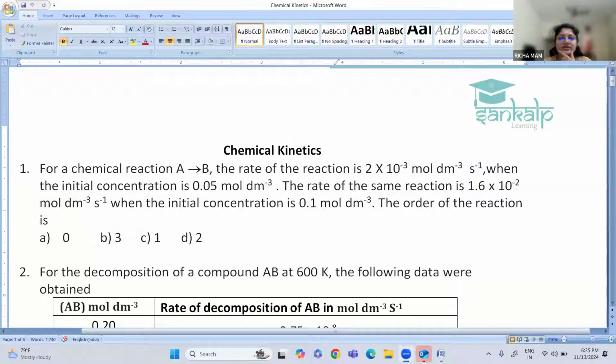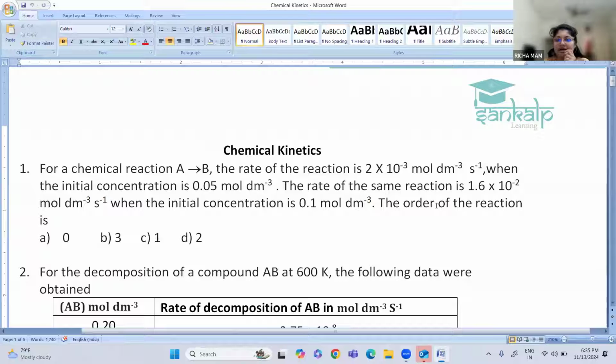today we are going to see some questions. We are going to solve some MCQs based on these concepts. I hope you have revised all these concepts. So let us start with the MCQs. These are some MCQs. The first question is, for a chemical reaction A giving B, the rate of